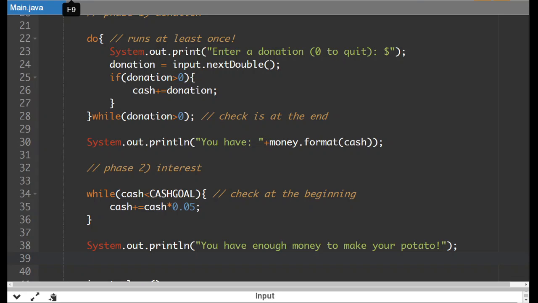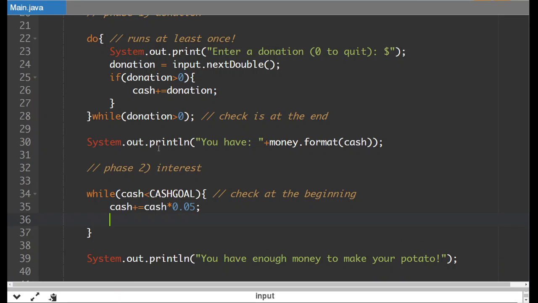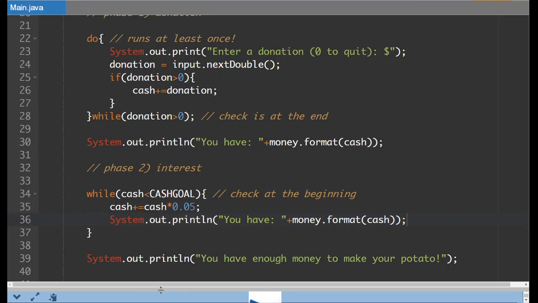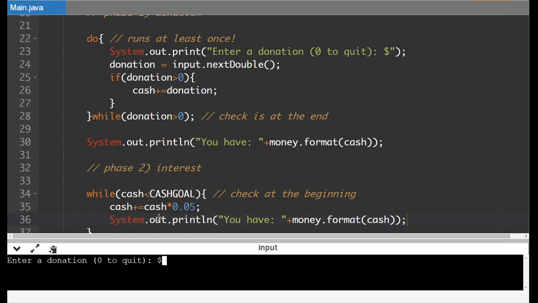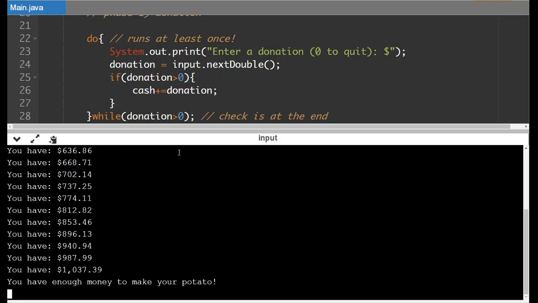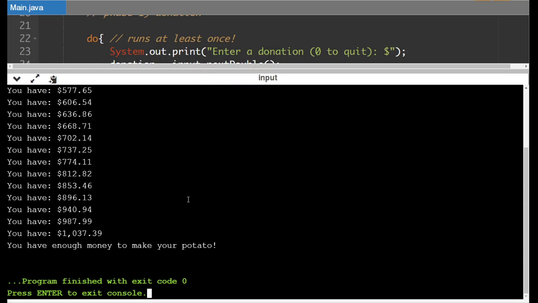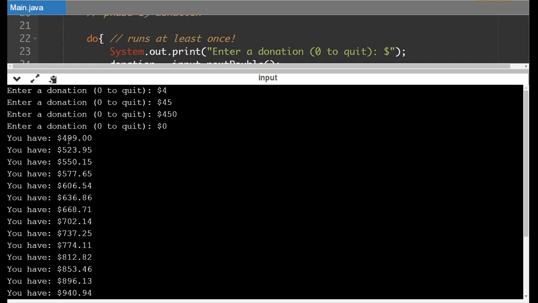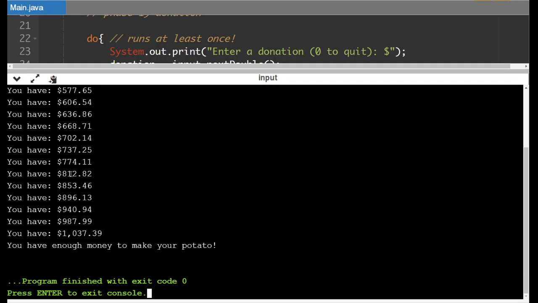So we'll run the program. You know what? Let's also add in this value here just to make the output a little bit more visual. So it's going to add the 5% as we go through. So let's run this. Enter a donation. Let's go with the first example that I had: $4, $45, $450, and then a 0. Then it's going to go through and add 5% until we have enough money